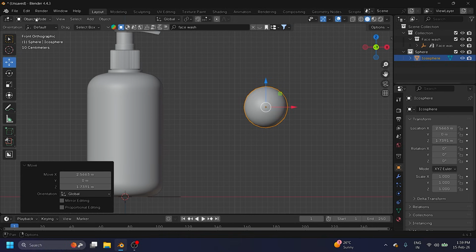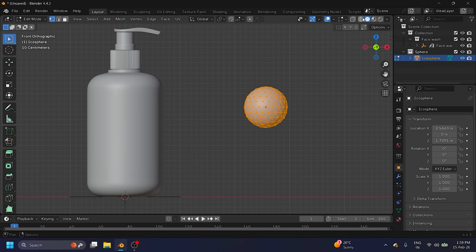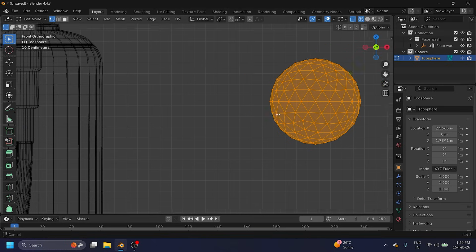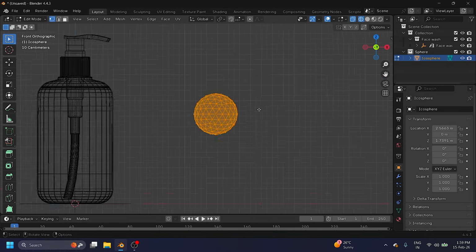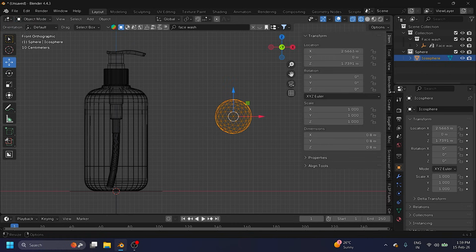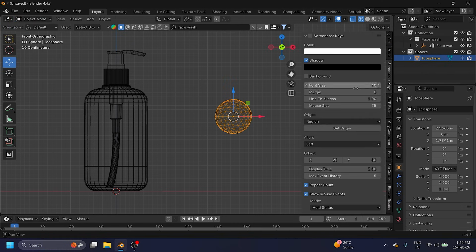A simple method: go to edit mode. Here, check edit mode and click here. This is my wireframe. Select all, and press Shift D, it's copy. I'm also using this add-on, screencast keys.